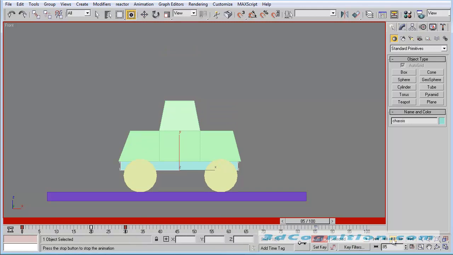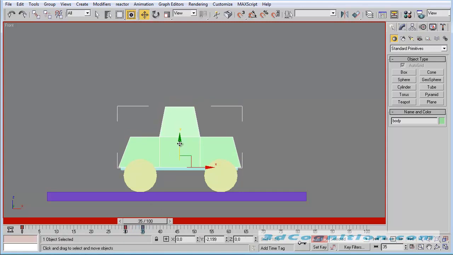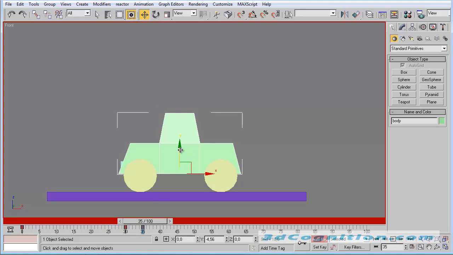Okay. Now I could bounce it. I could bounce the chassis, but I don't want to get into that right now. What I want to do instead is on frame 35 or frame 30, I want to go ahead and nudge the body. So I'm going to nudge it down, nudge it back up. Then at frame 35, I'm going to go ahead and bring the body down because the shocks are collapsing. The vehicle's